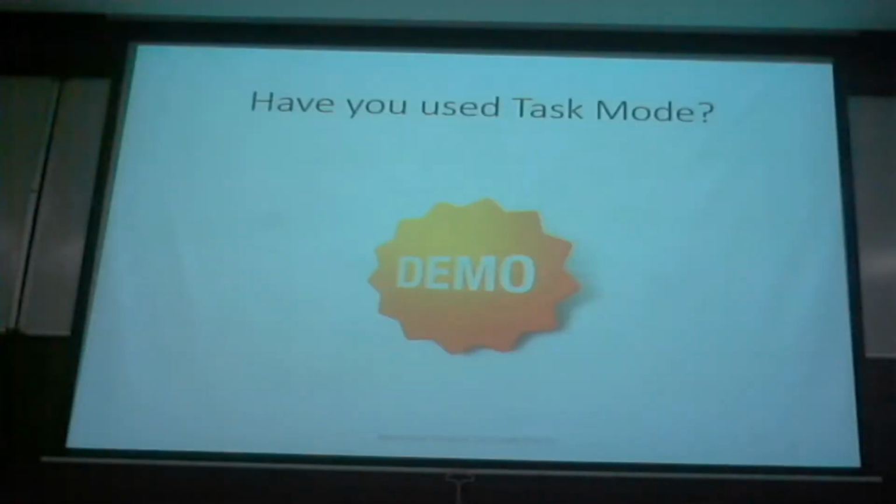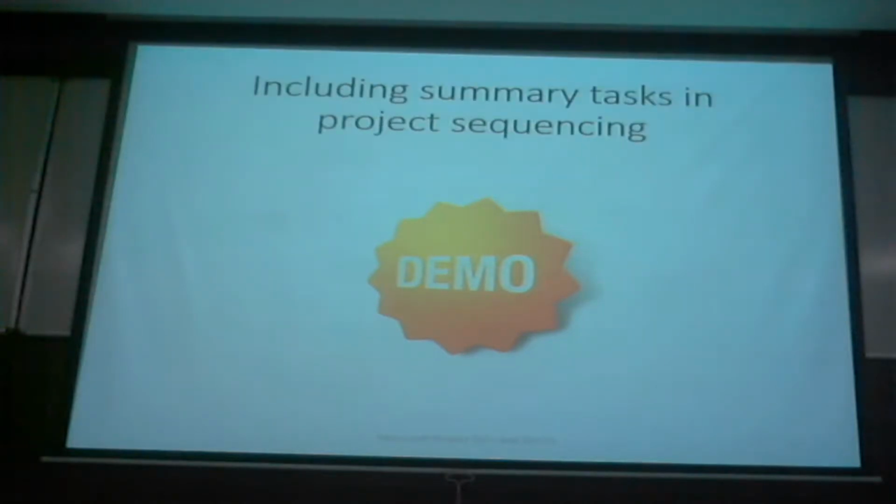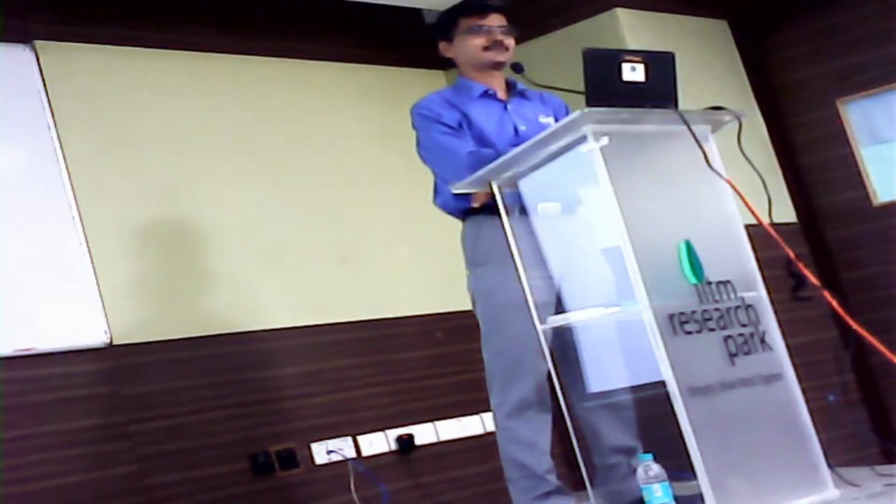Now, let's move on. Once we know what a task mode is, the next don't is never include your summary task when you do sequencing. So what do summary tasks generally represent? Many of you have used Project. Heading, okay. Smaller tasks roll up into summary tasks. And the subtask will get rolled up to summary. Parent. Deliverables. Anything else? Milestones. No, summary tasks are not milestones.